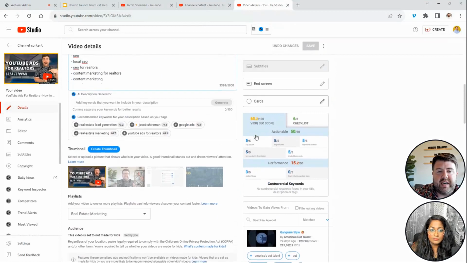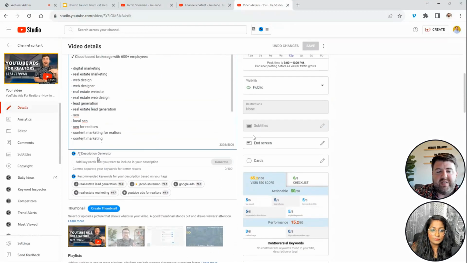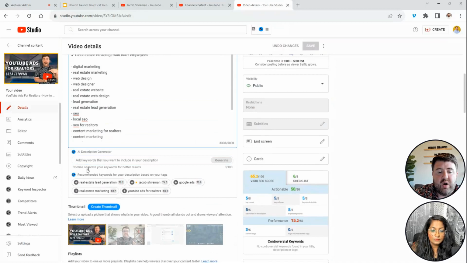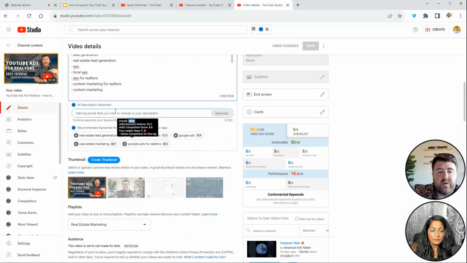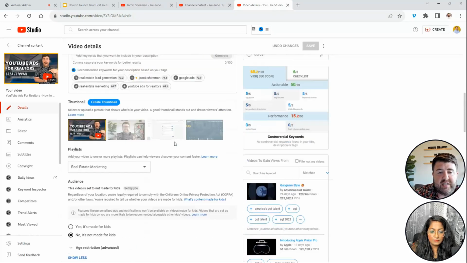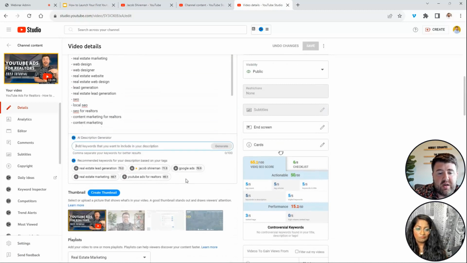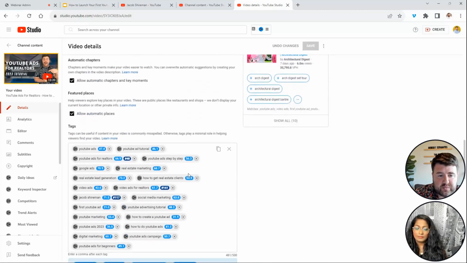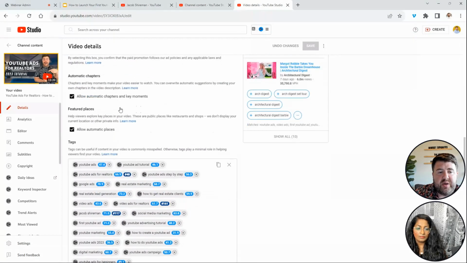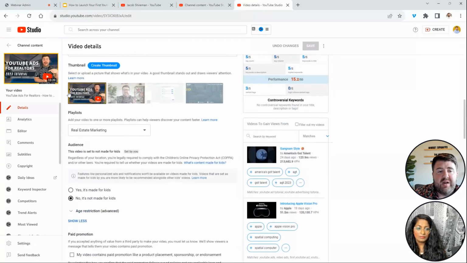And then the next section that's important, usually you have to hit advanced and more, is your keywords. So right here, you can start, vidIQ also has a description generator too, but you can get keywords based on your tags. So I kind of left this blank, and then I can basically put the keyword that I want to use, okay? And those will go in the description. So then you're going to have your thumbnail. Your thumbnails you can create on Canva. You can type in YouTube thumbnails. There's a ton of them.